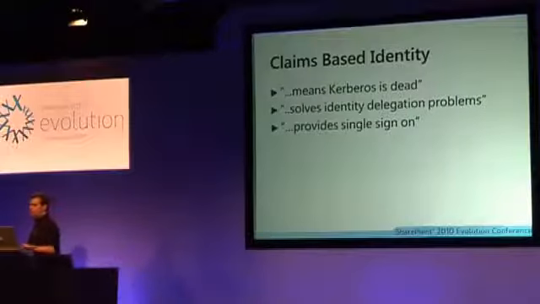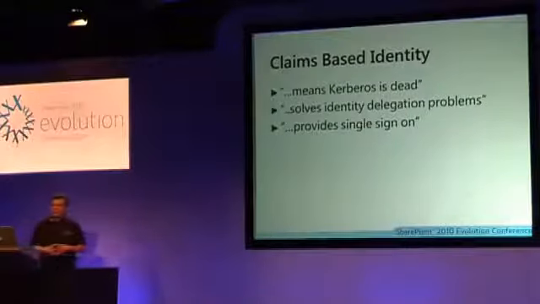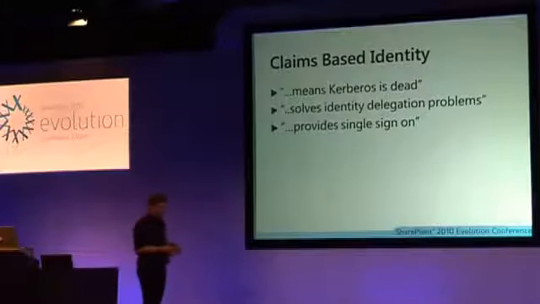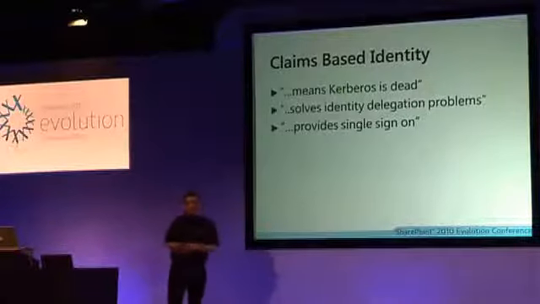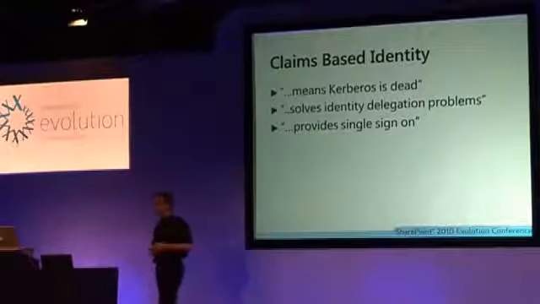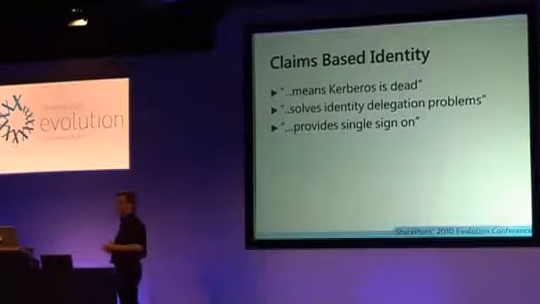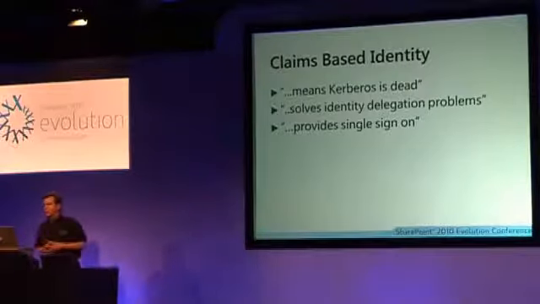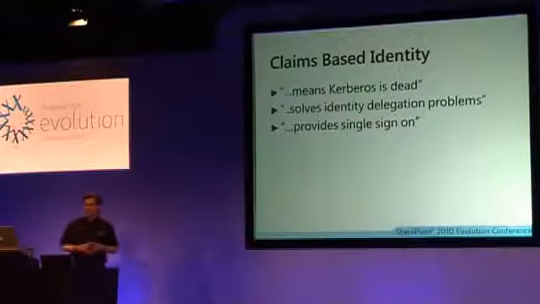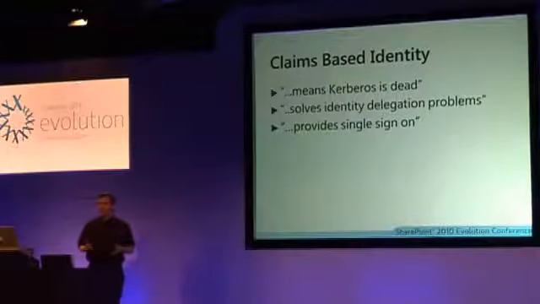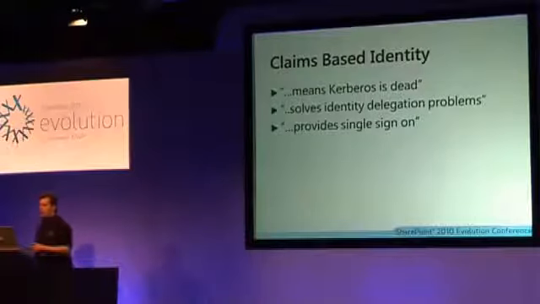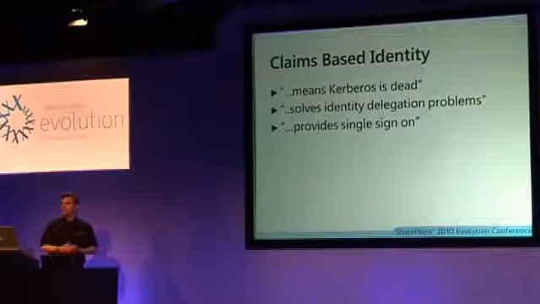And claims also doesn't give you single sign-on. It gives you a token of claims that you can use to pass to other systems, and it can reduce the amount of authentication traffic. But it doesn't do single sign-on because there is no system on Earth that does single sign-on, unless you're talking about Active Directory, and everything's Active Directory integrated. Then that's single sign-on. But otherwise, there is no product you can buy, there's no service you can buy that does this. Claims is not the solution to single sign-on.